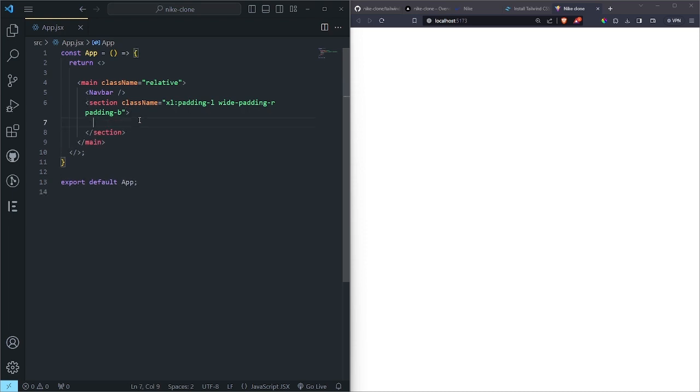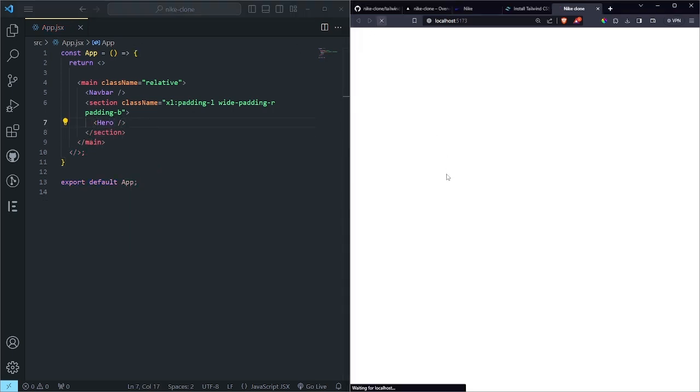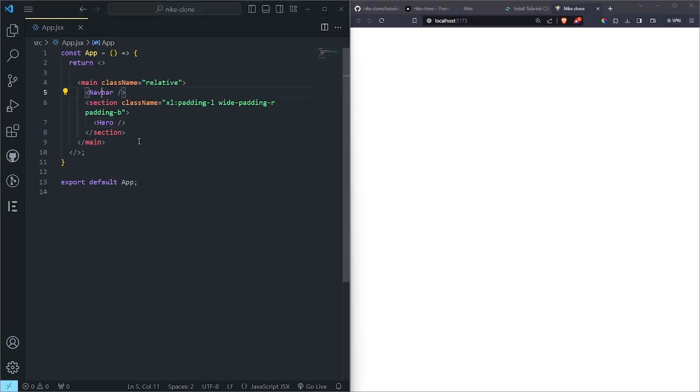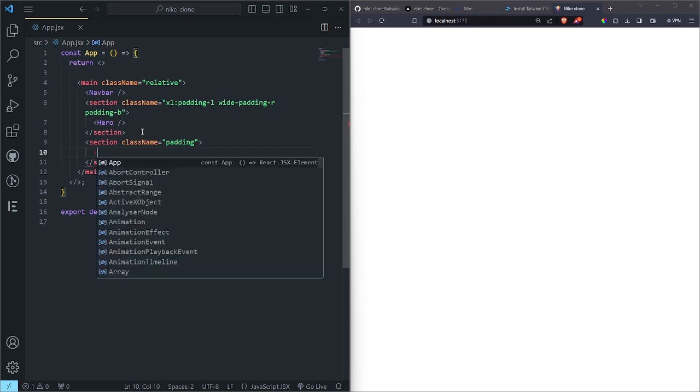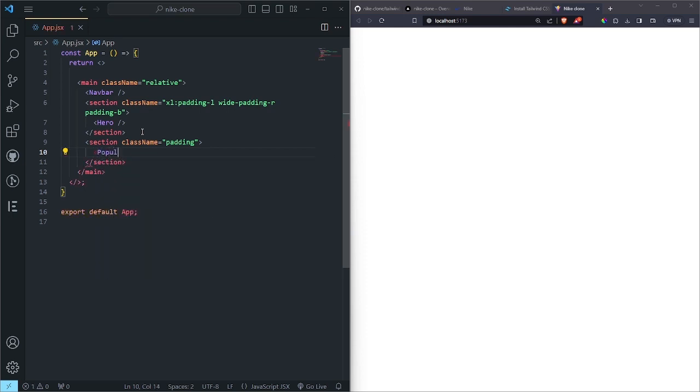So inside here we want to have a hero section, so we're just going to do hero like that. And then actually it's supposed to be giving us errors because we don't have these pages yet. And then below here we are going to have another section below this section inside the main tag. This section is going to be section, and then it's going to have a class name of padding. And then inside here is where we're going to have our popular products. So it's going to be popular products,